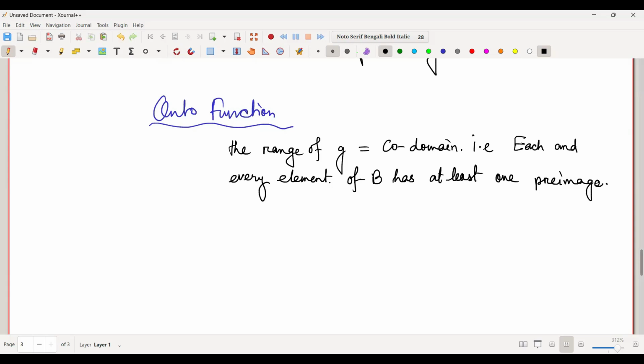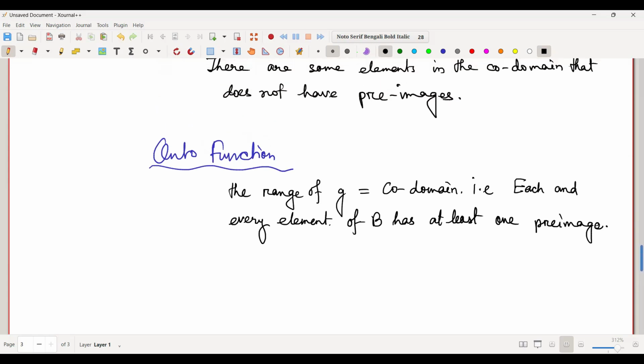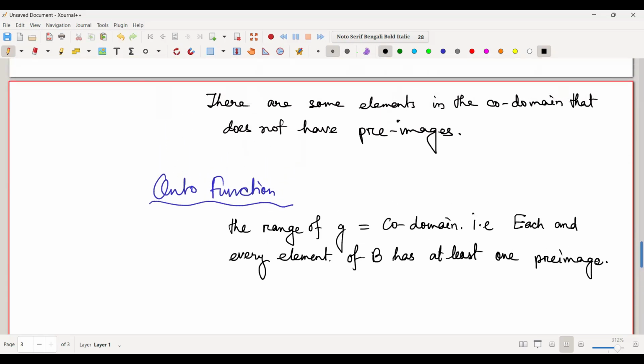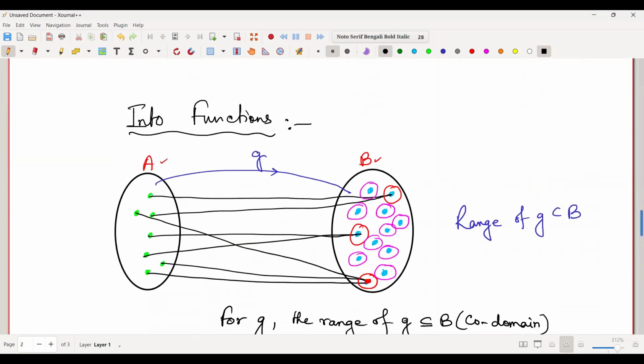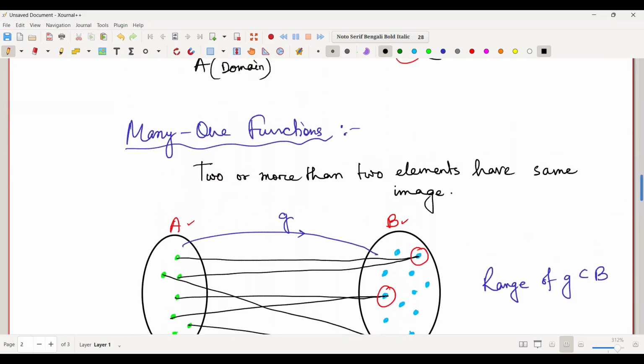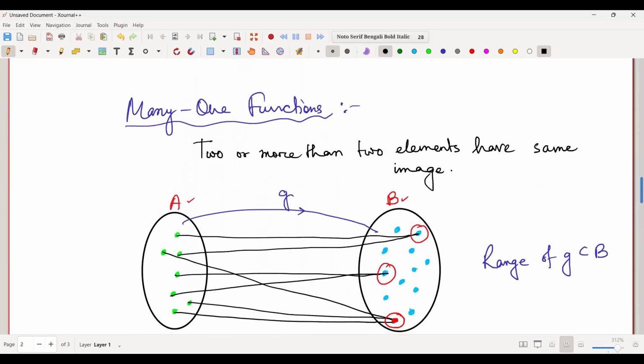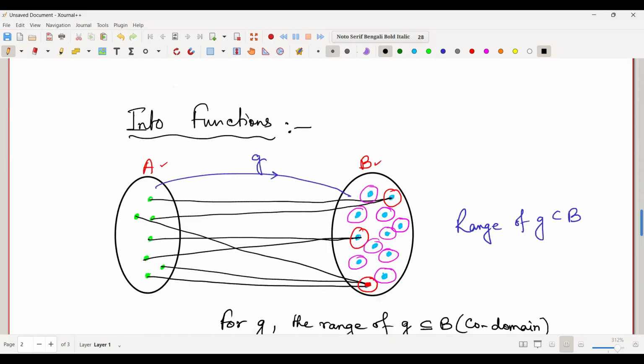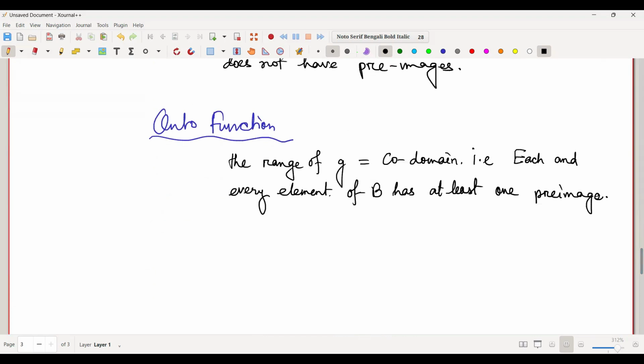Why have I written at least one pre-image? Because I never said that a function that is onto cannot be a many-one function or one-one function. So if a function is many-one, then some elements of the set B have more than one pre-image. So in an onto function,